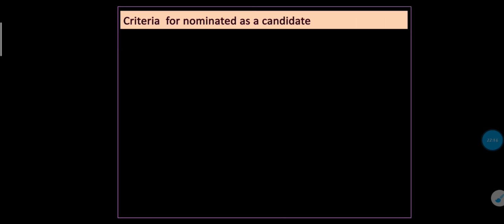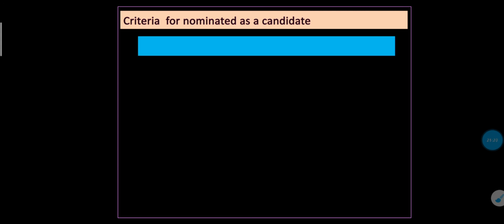Now we have to know what the criteria for nominating as a candidate are, right? We all understand that places are divided into parts so that the election goes on in a smooth manner. We also get a clear idea about the voters, that is, the people who are eligible to give the vote. Now we have to know who is eligible to be nominated as a candidate, because whom we give the vote, that means the candidate, the representatives need some criteria to become a candidate. So let's see what the criteria are to become a candidate in our country.